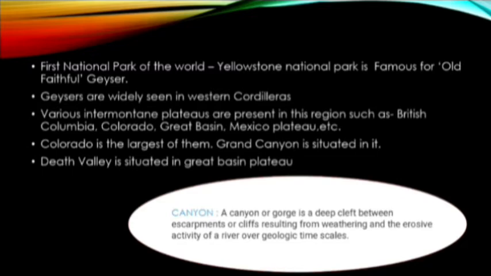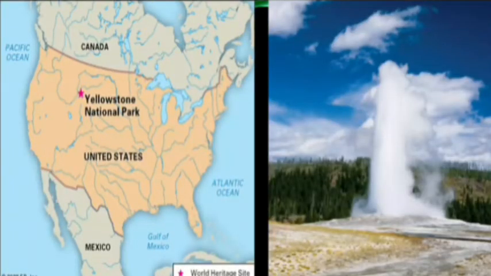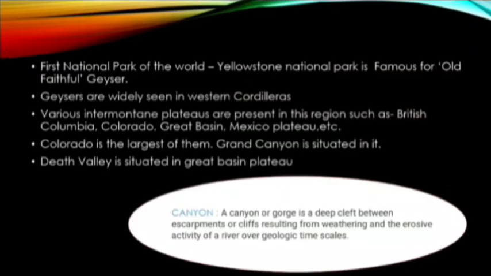Before understanding Old Faithful Geyser, let us understand what a geyser is. In the second image of the slide, you can see that because of high pressure, water is coming out from the surface through a vent, and this is the geyser we were discussing. Old Faithful Geyser is situated in Yellowstone National Park, and because of it, the park attracts many tourists every year. In this Cordillera, not only Old Faithful Geyser but other geysers are also widely found, so it is famous for geysers.